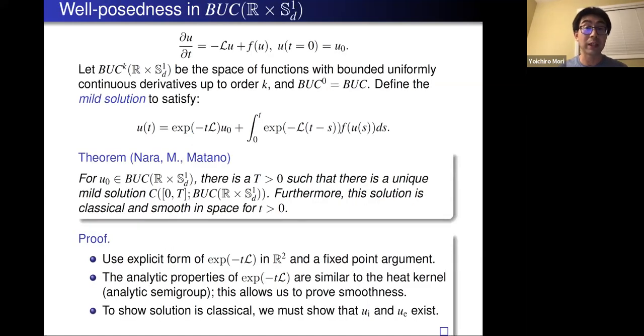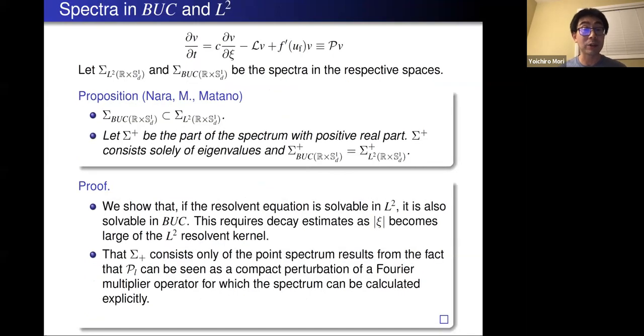First of all, we work in BUC, that is a space of bounded uniformly continuous functions, and we can show local existence and uniqueness in this class, and then we can show that the BUC spectrum is essentially the same as the L2 spectrum,